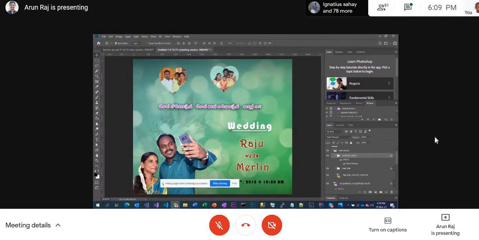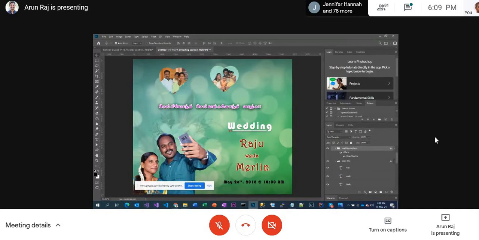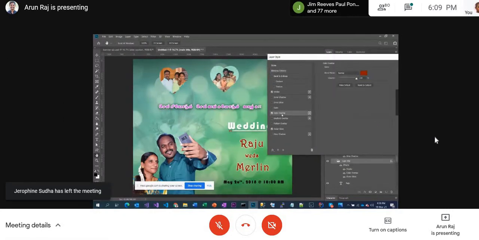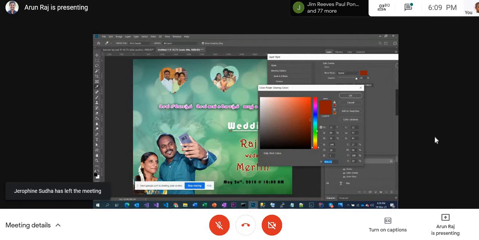So maybe I see Raju with Merlin, it's a bit out of colors. So maybe we will go and correct it also. This time, let us try and correct it here at the title level totally, even though it is three different ones. Okay, we put a white and then color overlay. Maybe somewhere here we put. Maybe I'll try something different. Let's see how the deep pink works.